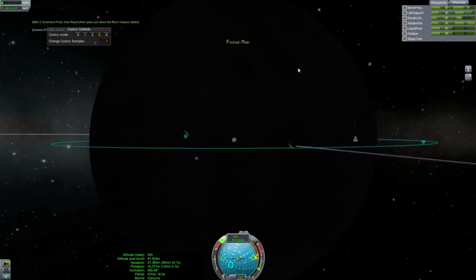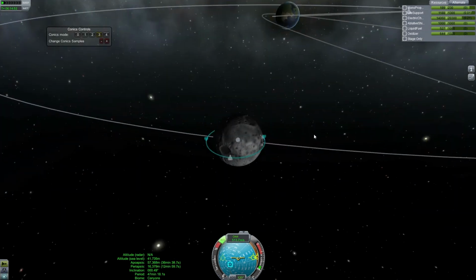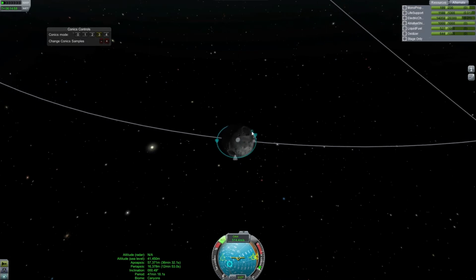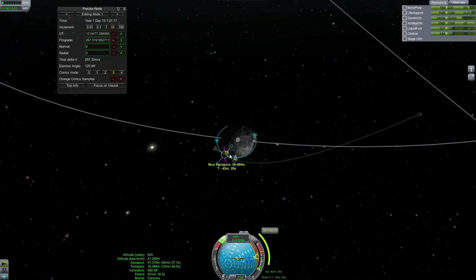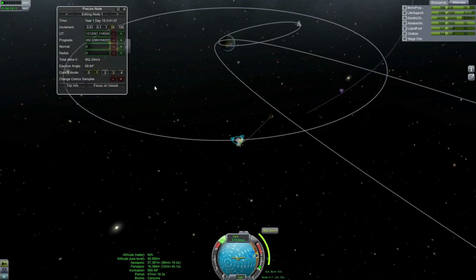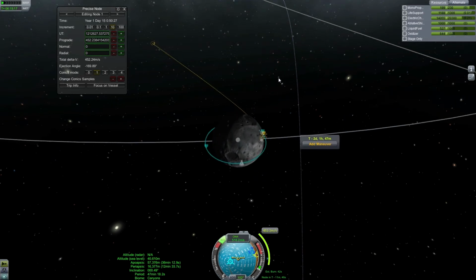All right. How do we get out of here? How do we get out of here and bring him home alive? We are at the very, very suboptimal point for departure here, aren't we? Yeah. That's just about as imperfect of a departure point as we can get. Conic 0. We need to burn towards Kerbin here. And we're actually...